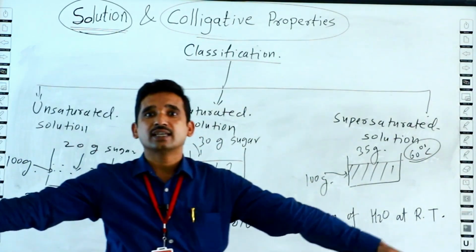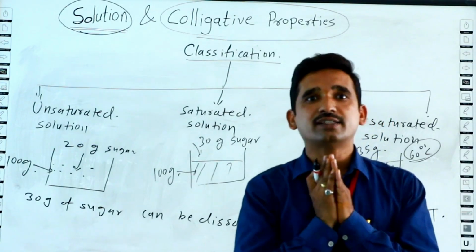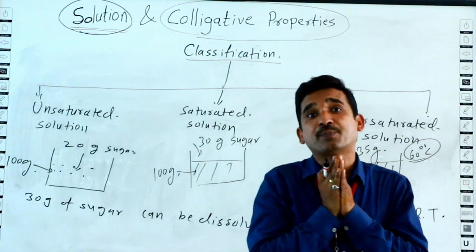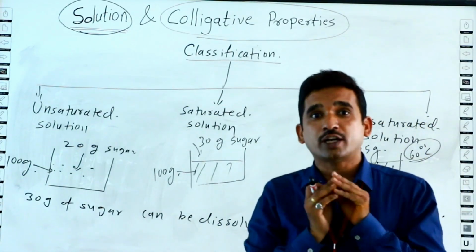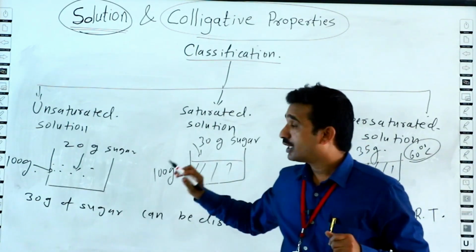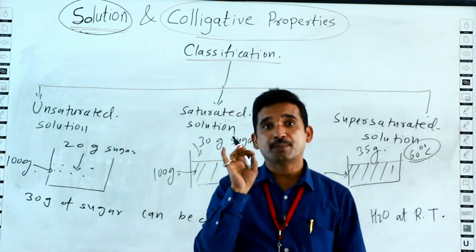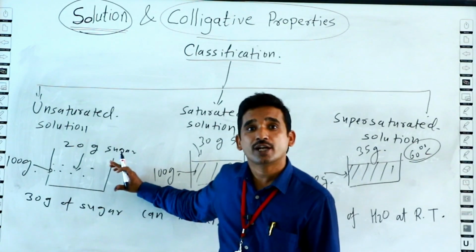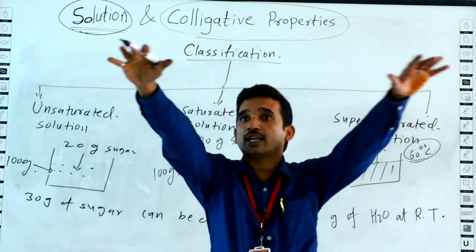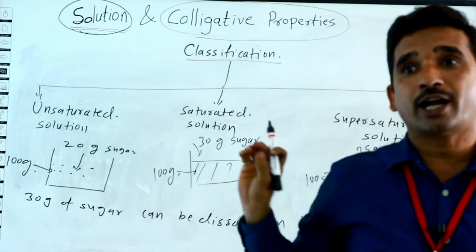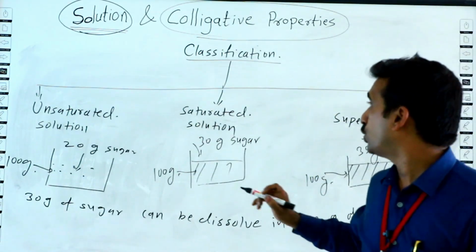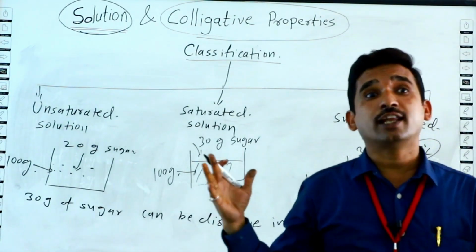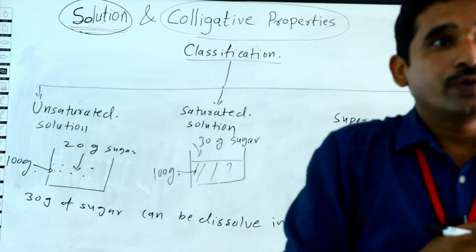Suppose this is a class. Here the class capacity is 100 students. If in this class only 80 students are present, then 20 more students can be added. If there are empty spaces, some vacancies, then the solution is called an unsaturated solution. If the class of 100 is fully occupied by 100 students, then the solution is called a saturated solution. अगर मेरा क्लास बहुत अच्छा लगने लगा तो और 20 बच्चे बोलेंगे सर वी विल अटेंड योर क्लास,